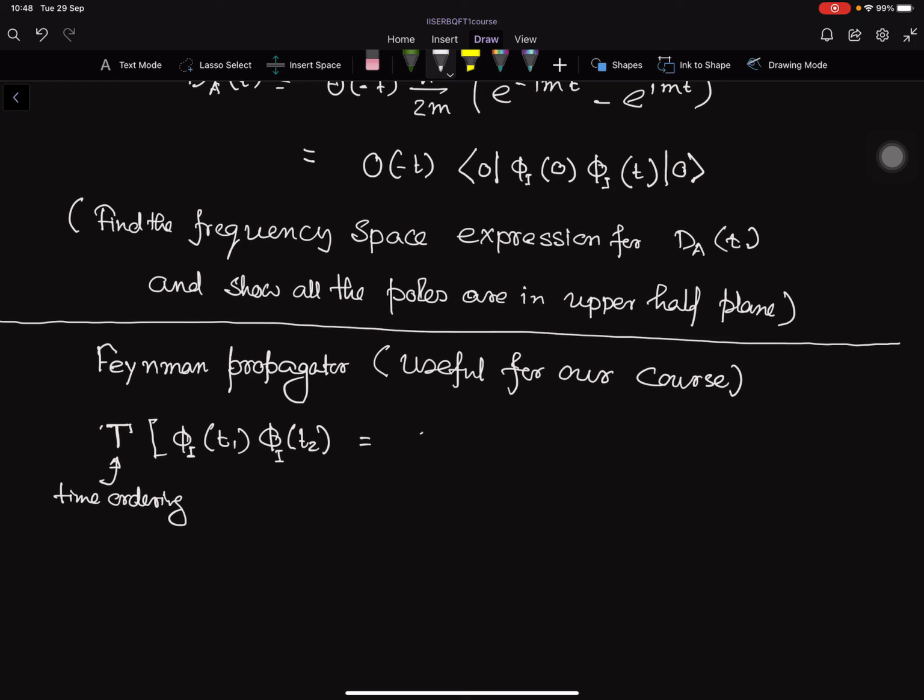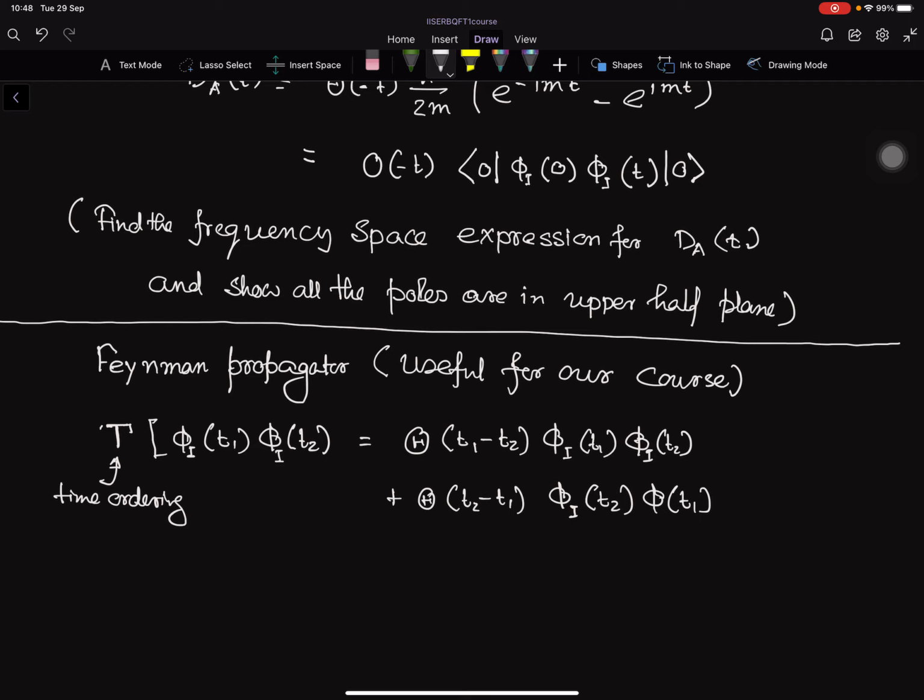This is the same as theta of (t1 minus t2) phi_I(t1) phi_I(t2), plus, if t2 is greater than t1, then we also have to flip the position of these two operators. Okay, so this is called time ordering, and in the same way,